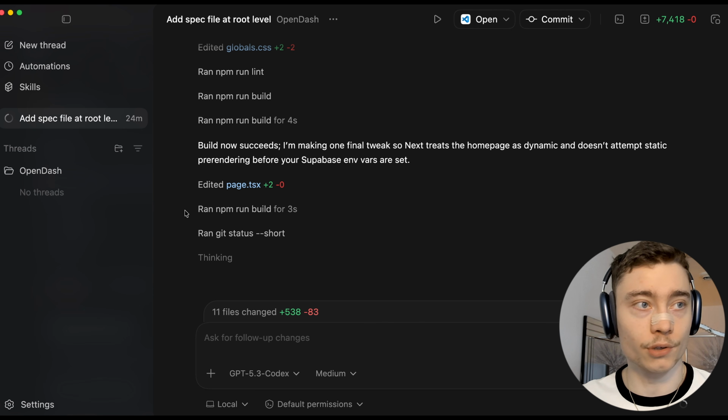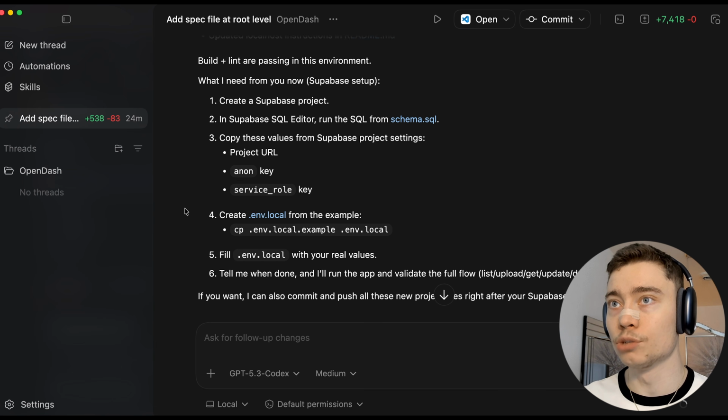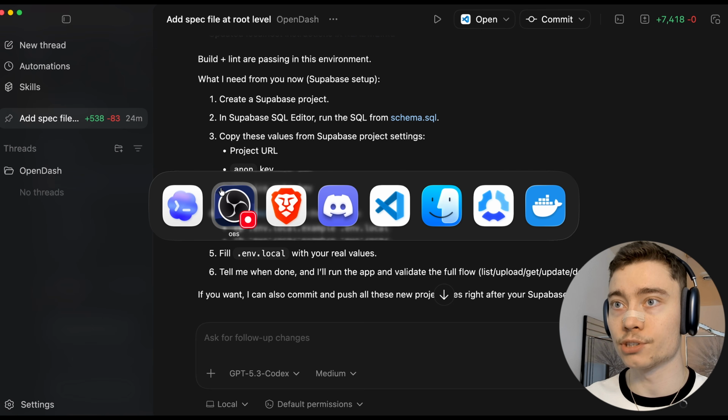There's always a way to improve your software. There's always new features, improving the UI, stuff like that. So, okay, here's what I need from you. Supabase setup, create Supabase project. All right, let's follow these steps. So let's go to the web. Go to